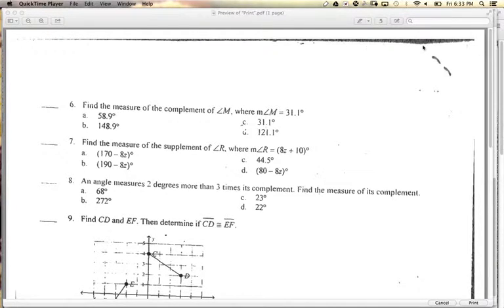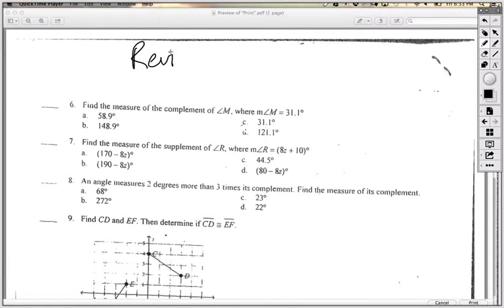Okay, geometry, we're looking at review content from chapter 1, the big stuff that keeps coming back, the recycled questions. So let's take a look at this. It says find the measure of the complement of angle M. Oh my gosh, so many words. I need pictures. So we got an angle M, and it's 31 degrees,